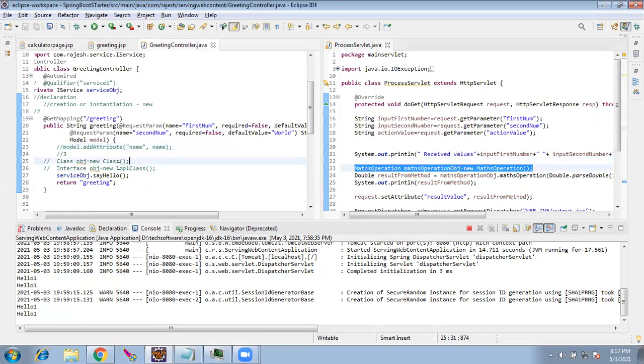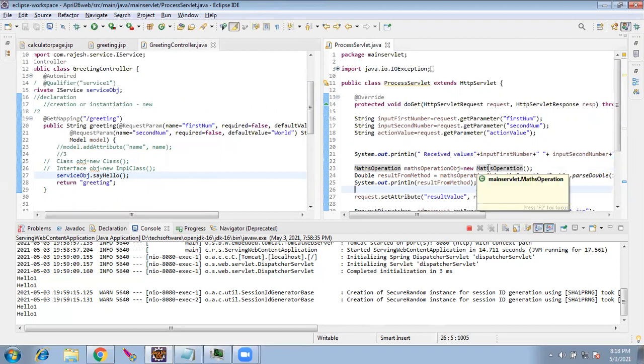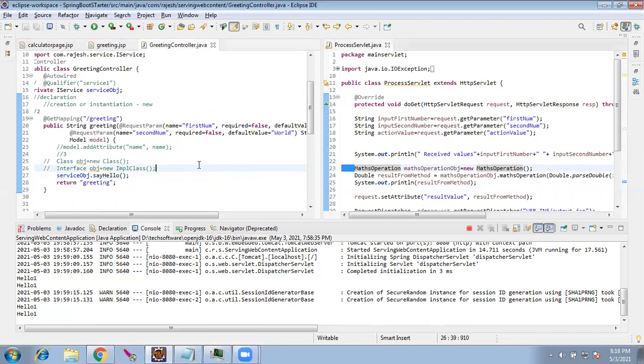Here what we are going to do, the Spring says don't couple. What is meant by coupling is this file should know that this file is existing. If I delete match operation, here the compilation error will come, correct? Yes. But Spring says don't couple. It is same like when an interview is done, the interviewer should be calling the candidate. The candidate should not be coupled to the interviewer. Same way, the candidate, which is the class which is going to be called, should not be coupled here.